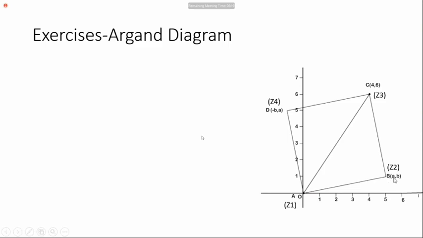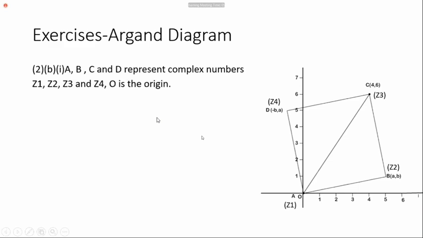IB, right? This position, suppose this is a complex number. If you multiply this complex number by I, it represents this one. It should be minus b comma a. Can you understand? Because this position is a comma b, and this position is minus b comma a, because if you multiply this complex number by I, it rotates 90 degrees to the left-hand side. You see that theory has to be used, right?